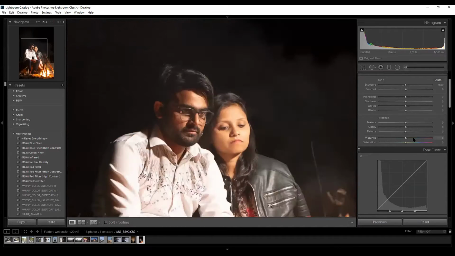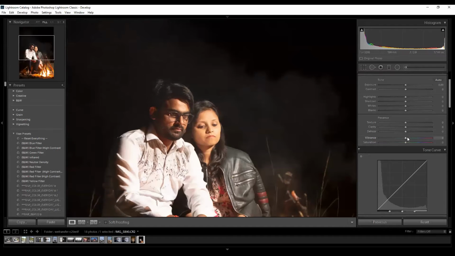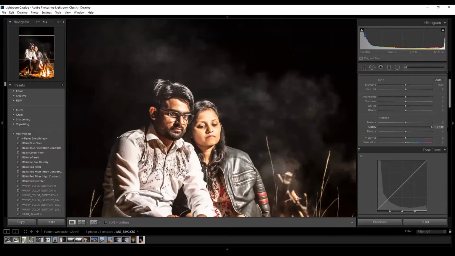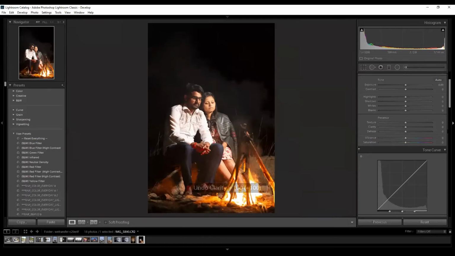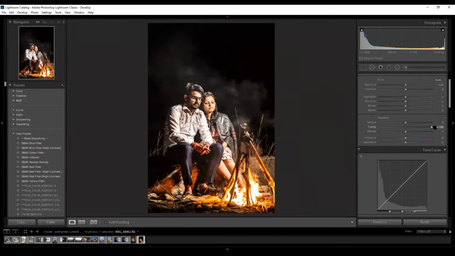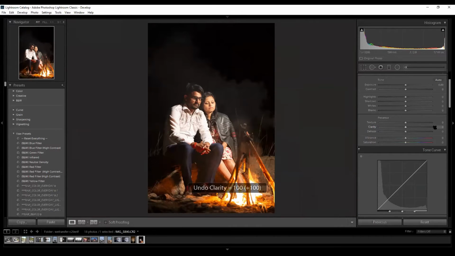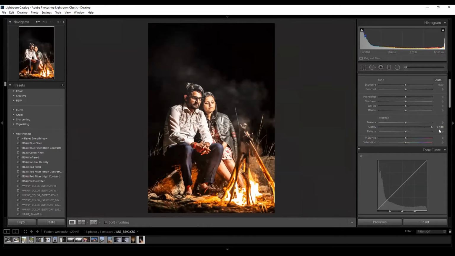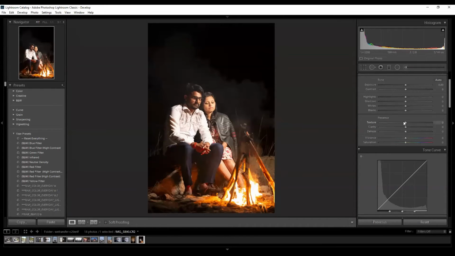But whenever we put clarity, it will try to enhance the whites and blacks only. The whites and blacks only. Feel the difference between the both? See, it's trying to enhance the whites and blacks more from each part of your image. But when we increase texture, it will try to enhance the hue, saturation, luminance.